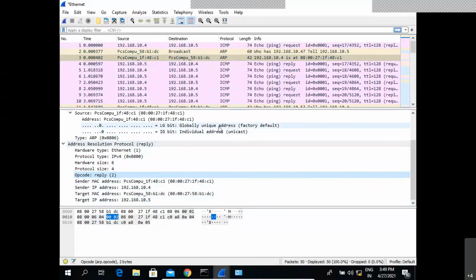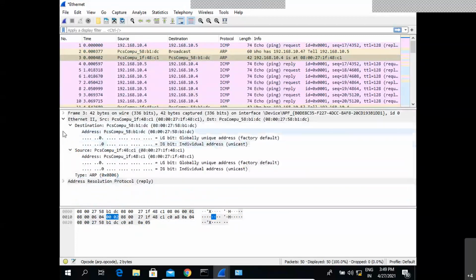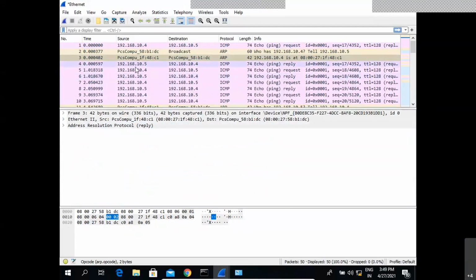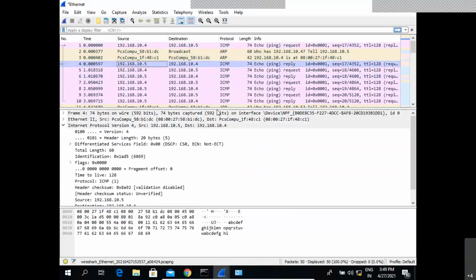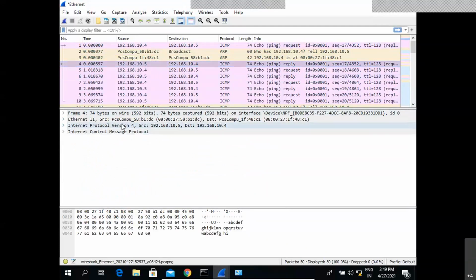Now, again, we will go to the fourth packet, because we have already used a particular command called ping. So ping, what happens? Ping is using IP addresses. That means we are using the IP layer to find out, and this also comes as one part of the scanning techniques, because in scanning we also try to check whether the destination system or the target machine is up or not.